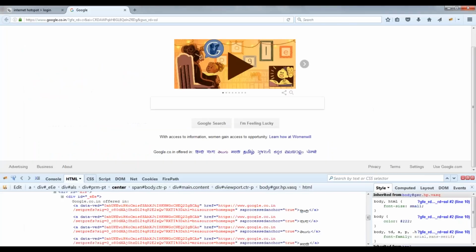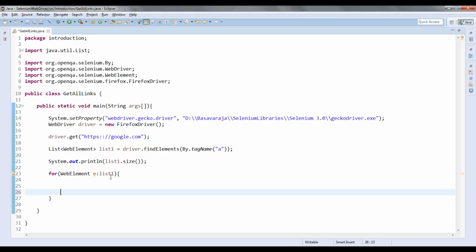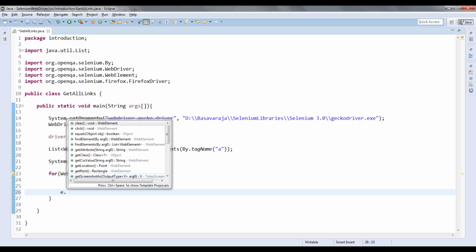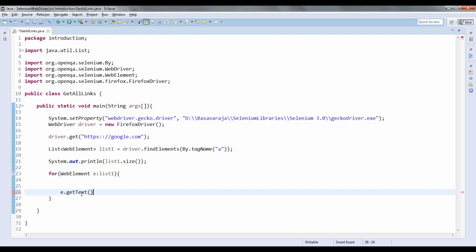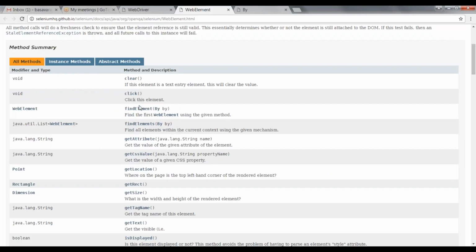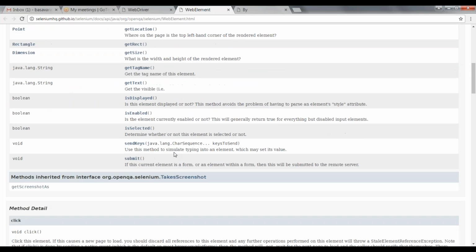So how will you get this particular text? To get the text, I need to use e.getText(). This is the method. What is the getText method? It is a method of WebElement. So let us go and check inside our WebElement what getText will return.